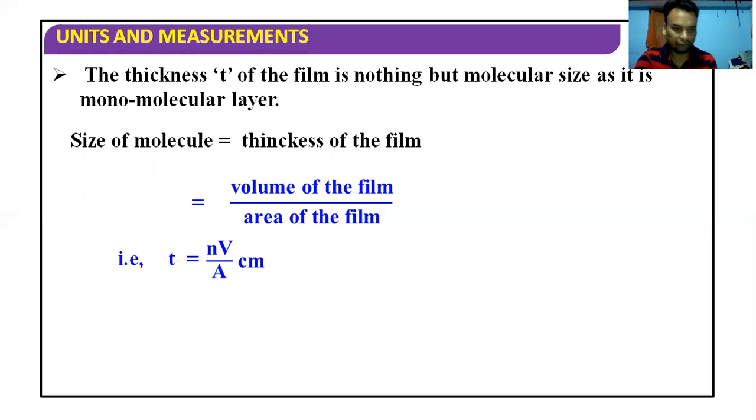I already told you it's very easy to find out the diameter of the moon, the diameter of earth, the size of any big object, but quite difficult when we are dealing with the molecular level. So at the molecular level, we have to use certain techniques. In this technique, I told you how to find out the thickness of the film, and with the help of the thickness of the film, how the size of the molecule can be found out.